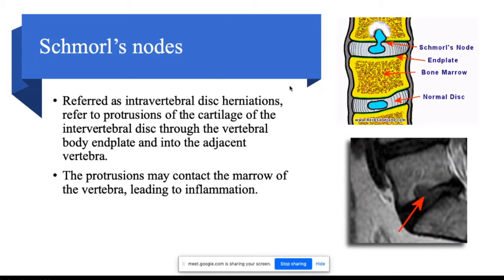But where does it go? Once it is displaced from its position, it gets deposited in the adjacent vertebral bodies. You can see in the first picture, the blue color is the nucleus pulposus, which is coming out and getting deposited, causing an encroachment into the vertebral body. It may be a superior or an inferior vertebral body. There is no rule like that, but most of the time it enters the superior vertebral body, and over a period of time this encroachment forms a calcification. It looks like a node, but it is not completely filled with bony tissue. It is a kind of